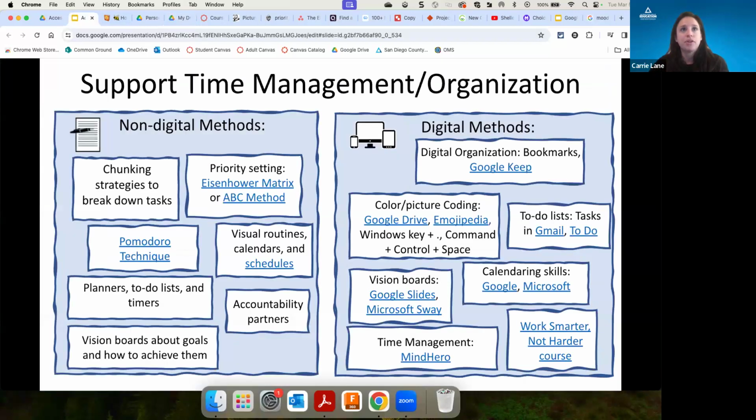And let's preview Mind Hero. And so just with a quick thumbs up or yes, no in the chat, is anybody using a Pomodoro method for themselves or with their students currently? No, okay. All right. So if you decide to use the Pomodoro method for yourself or recommend it for your students, one